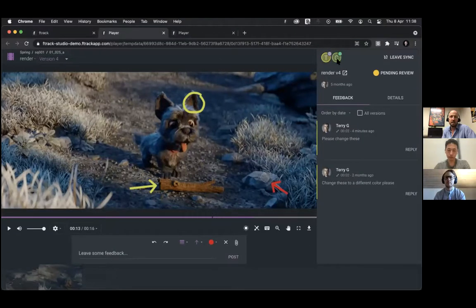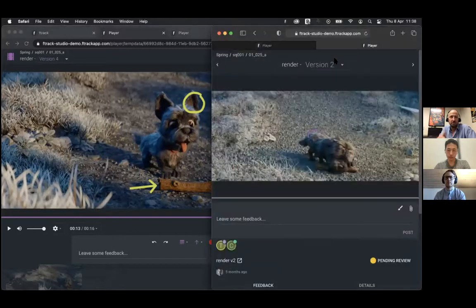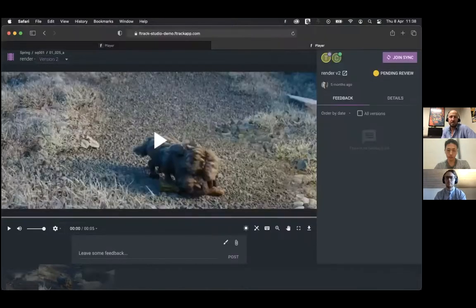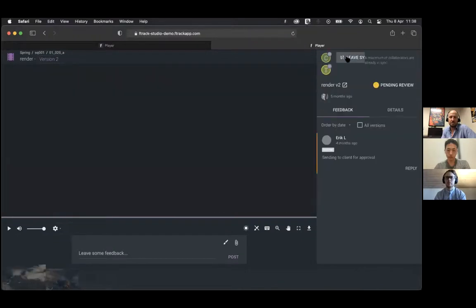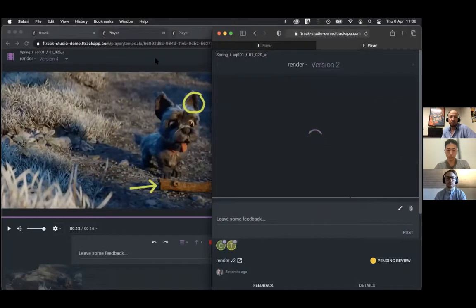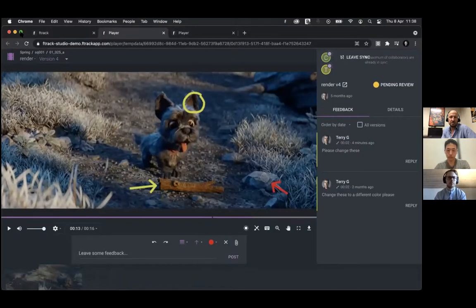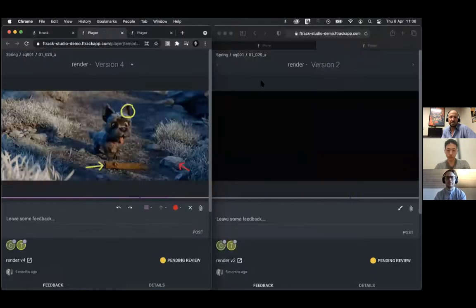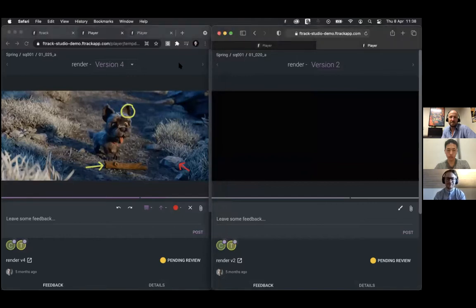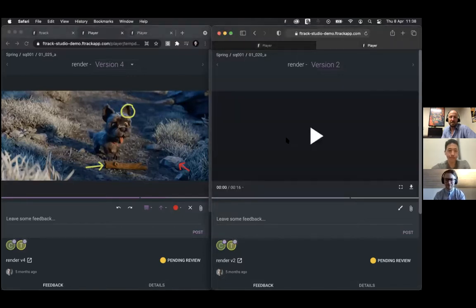And if you're in sync, you'll get a little purple flashing dot on your icon. Anyone else who joins that review will also, if they join sync, show up as a little flashing dot as well. And it's always difficult to show this side by side on one desktop, but